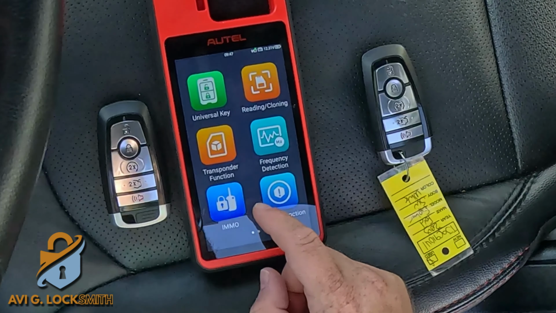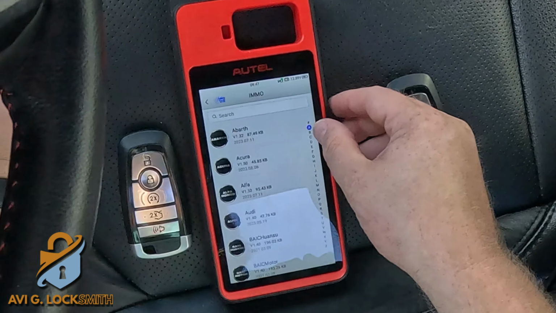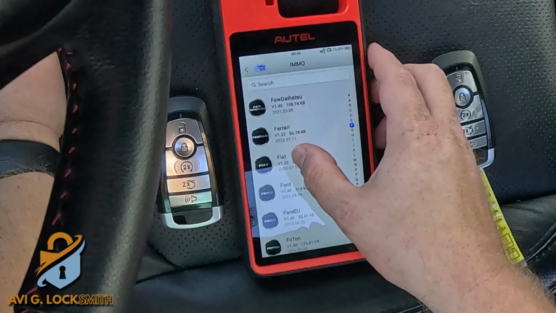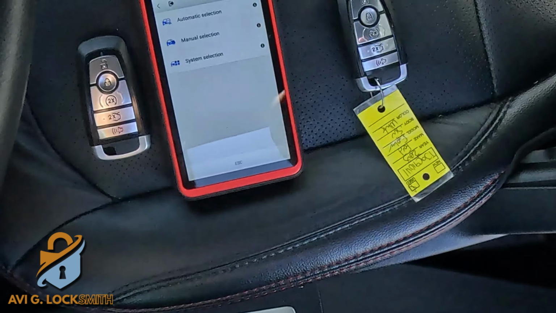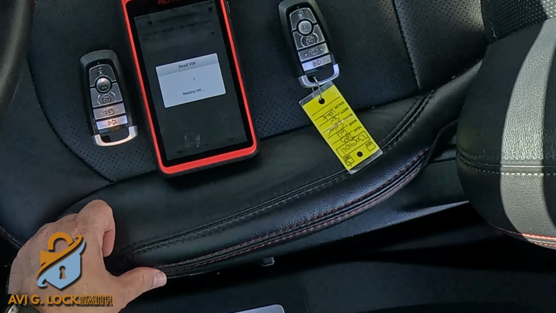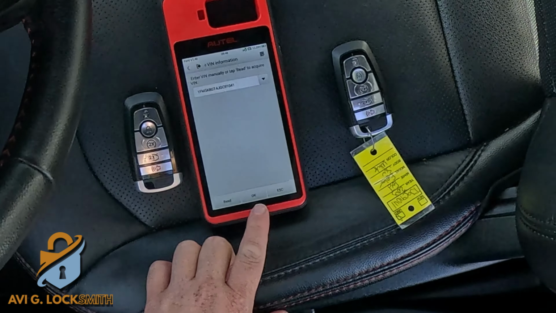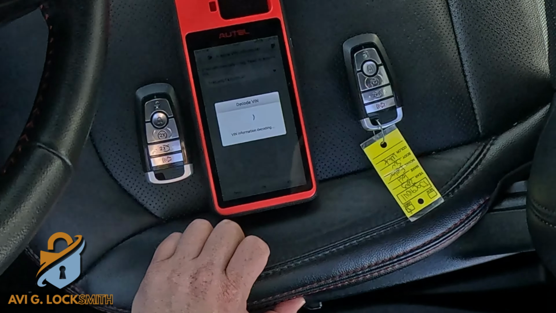So I'm going to use KM100 Key Programming. I'm gonna go to Immobilizer. I'm gonna find the Ford. Ignition is already in the on position, so I'm gonna hit automatic selection and read the VIN number. When it reads the VIN number, it's going to give us all the information needed and we can go to